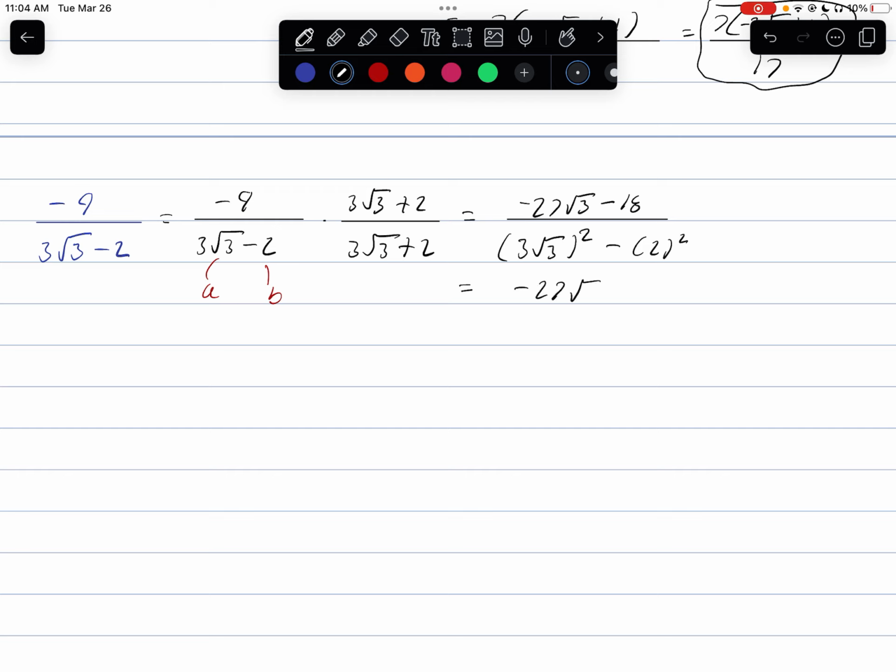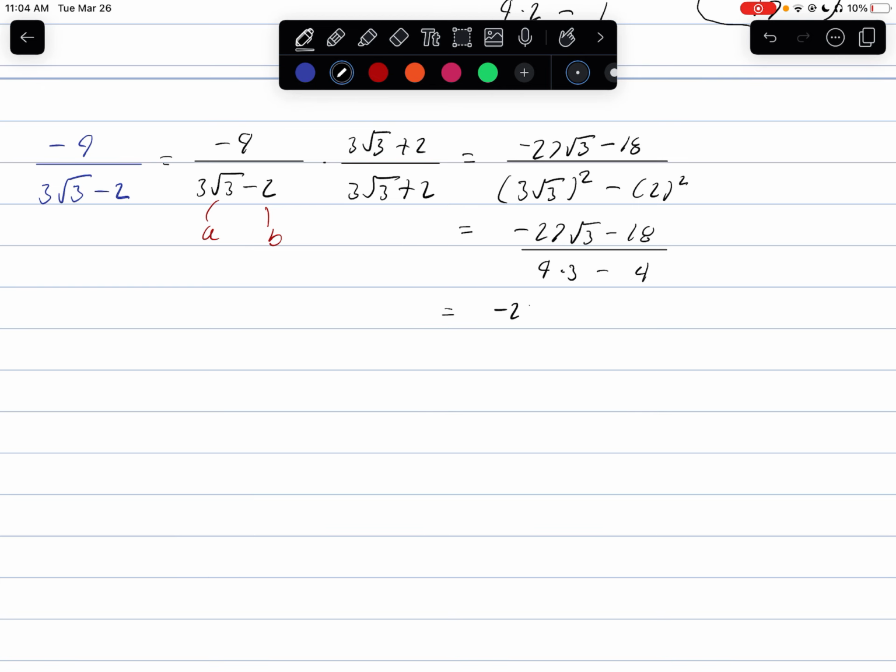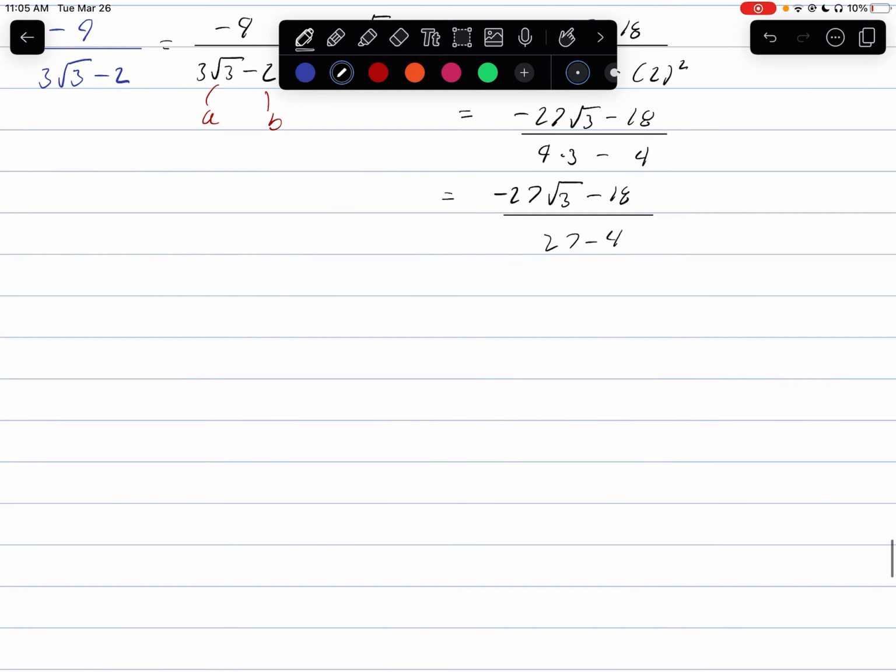Negative 27 times the square root of 3 minus 18 over